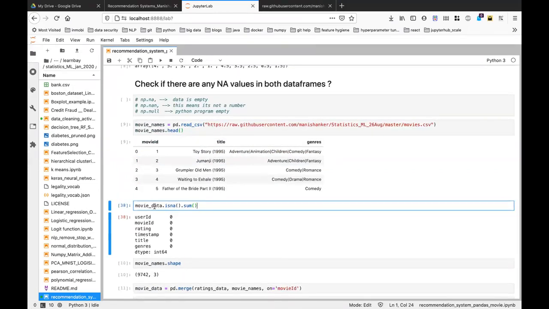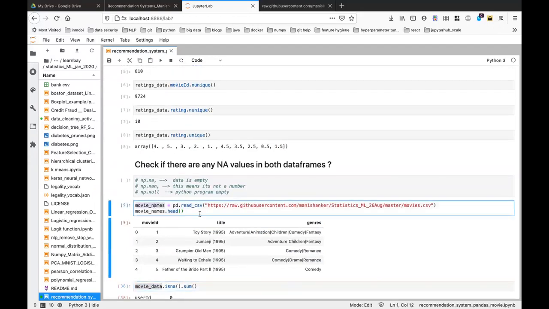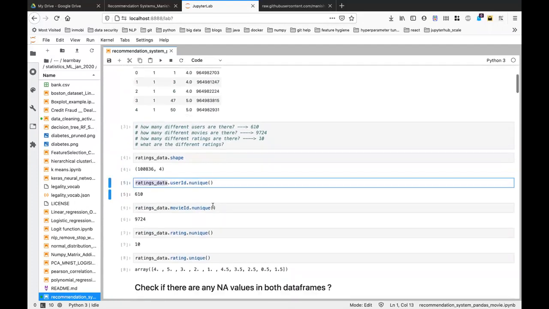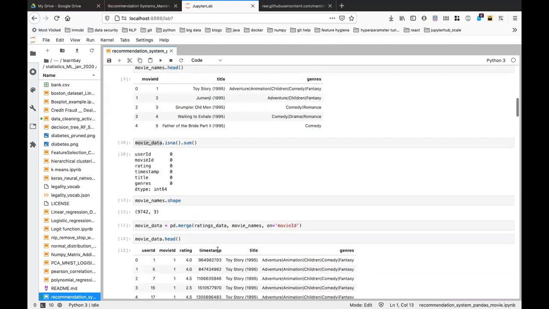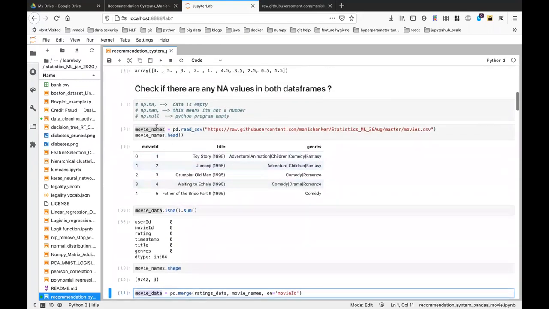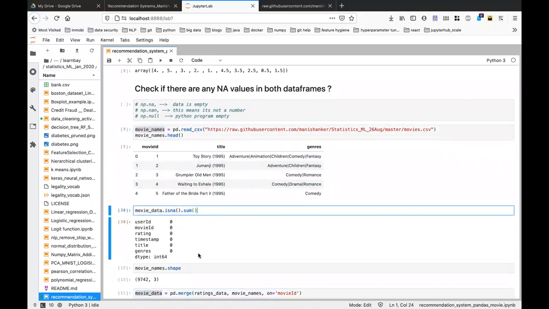This is movie data actually. This is movie names. This is rating data. Movie data is this. I think I wrote above and below, something like that. That's why. This is movie names actually. Yeah, movie data you merged, I think. You merged two. Okay, the names are different: movie names and movie data. Okay, you have merged both the CSV files.